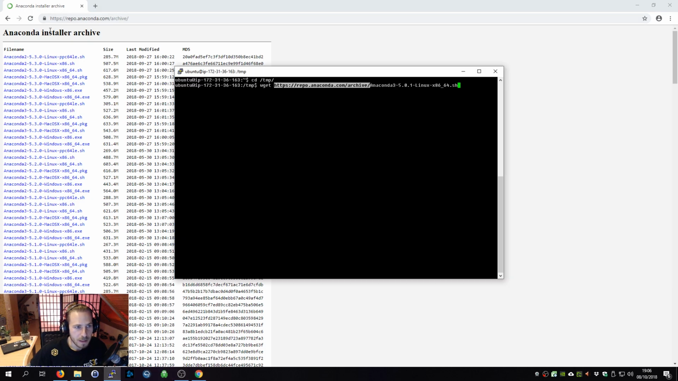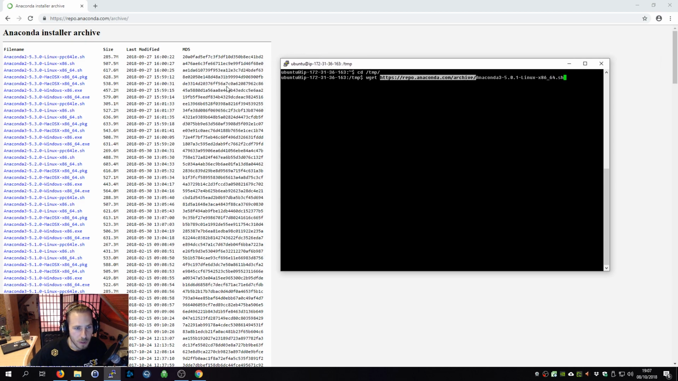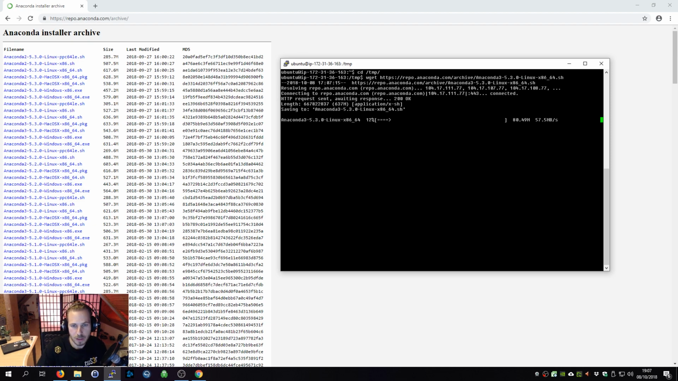And you see it's repo.anaconda.com/archive, and as you can see there is a newer version available, which is I think 5.3.0. So what you do is simply change this version in here according to the version on the left side of the screen. You just have to find it here, and as you can see AWS servers are pretty fast, so we have